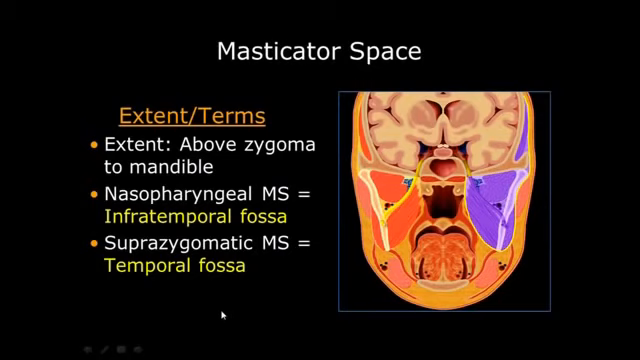Terms we talked about, I'm losing track of what I've talked about, but some other, maybe with the registrars, is the fact that the masticator space has a masticator space proper, sort of infrazygomatic masticator space, and a suprazygomatic masticator space. The superficial layer comes along the lateral zygoma, zygomatic arch, and down under the mandible and up medial to ovale here. So it's a very large space, and its cranial-caudal dimension is much greater than we tend to